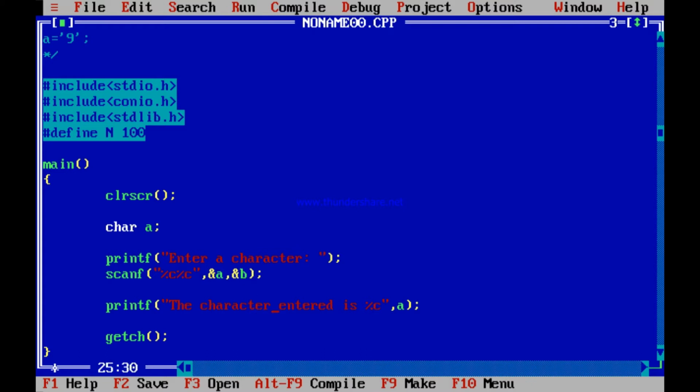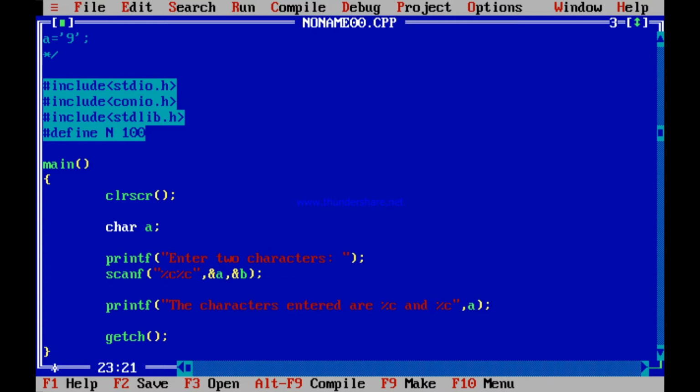And then you can write the characters entered are %c and %c. Compare with an integer, you will find it is absolutely the same. Had it been two integers, you would have written enter two numbers. So here also I will write enter two characters.